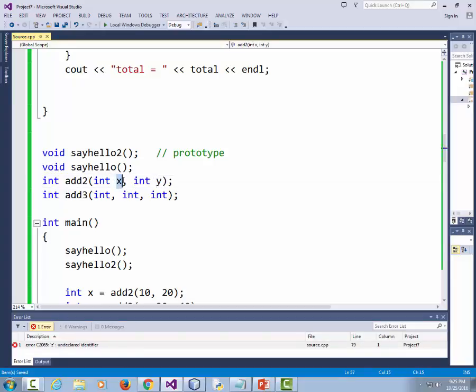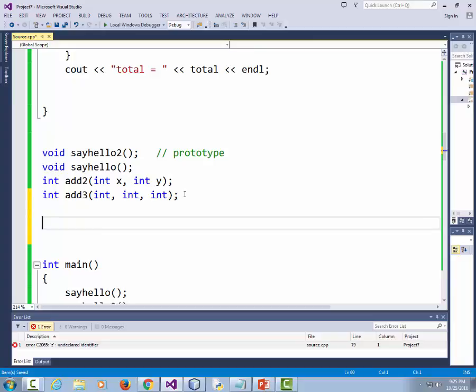Is there an advantage to leaving them out? Not really, but you'll see a lot of code examples out there that do that. To me, I think the parameter names actually convey important information. I'll give you an example. Don't type this. But if my prototype was this, double calculate area,